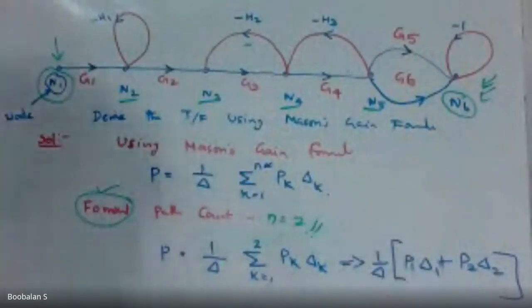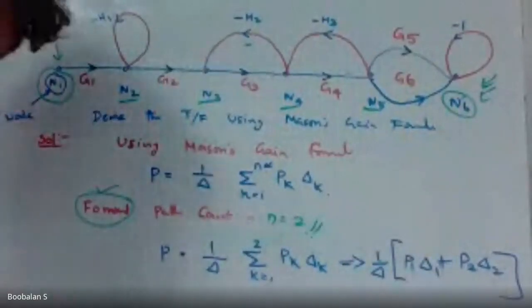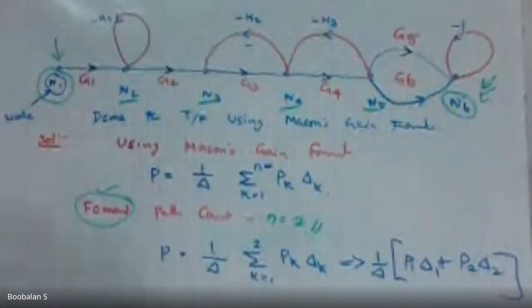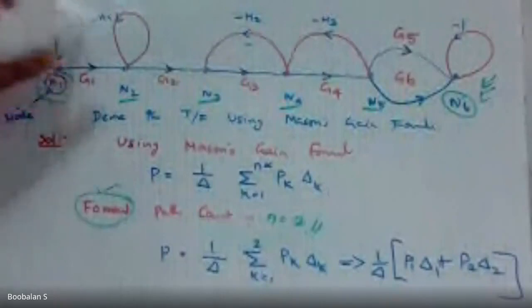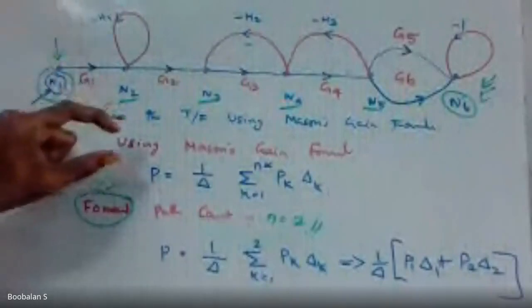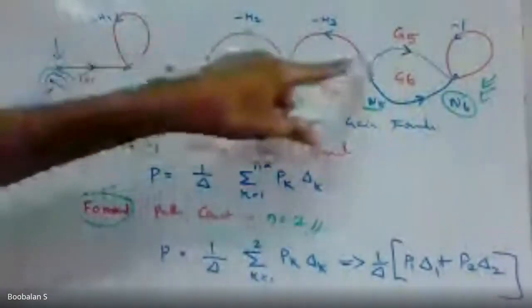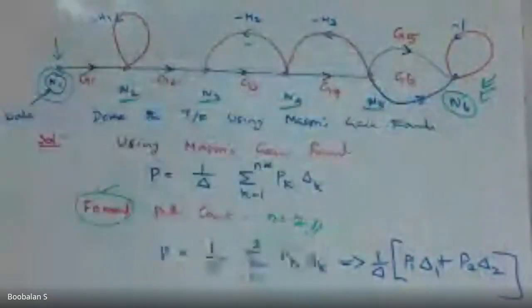So I think time is there, right? Almost 6 minutes more. Now note it down, make it fast. Whatever may be in our given problem, we need to write the Mason gain formula. Once we have written this formula, we need to find out how many forward paths are available in our given system.